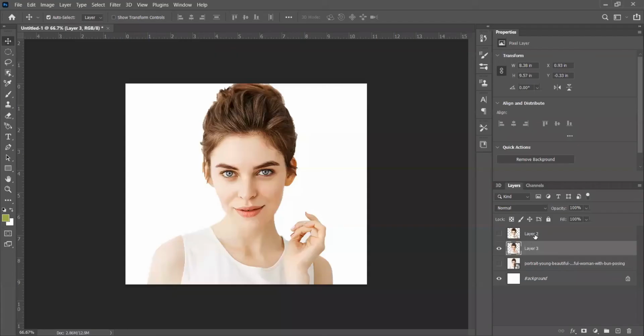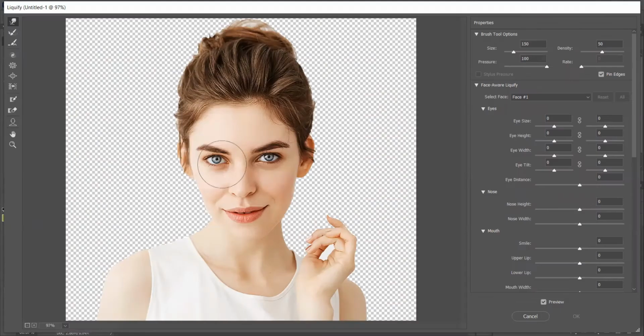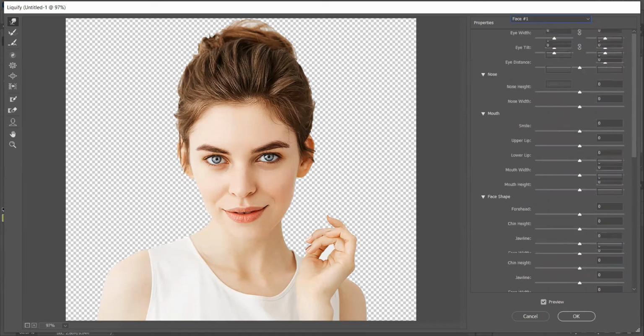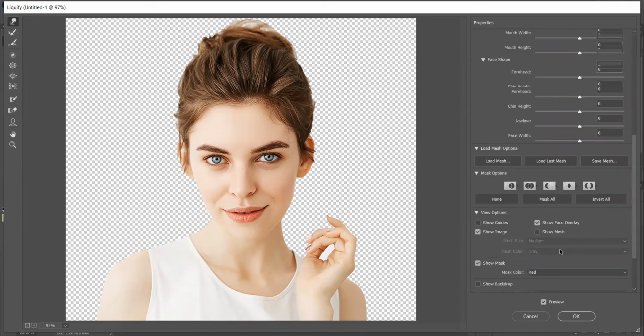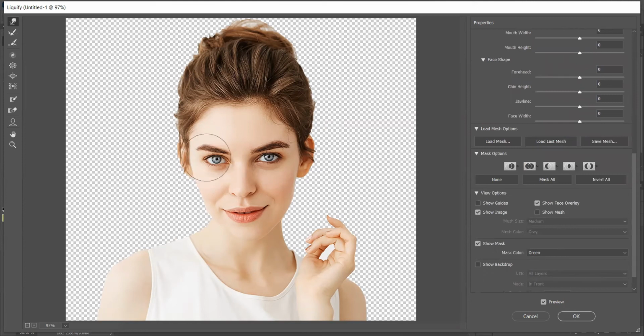Wait. Okay, sorry, I have taken the wrong tool. This Bloat tool, I should click on that and see how it is working.